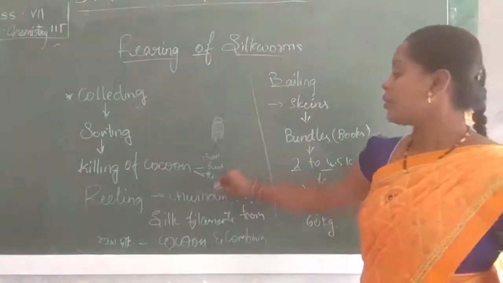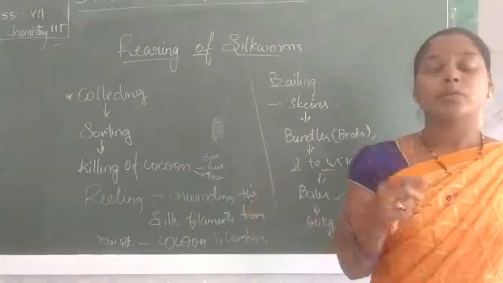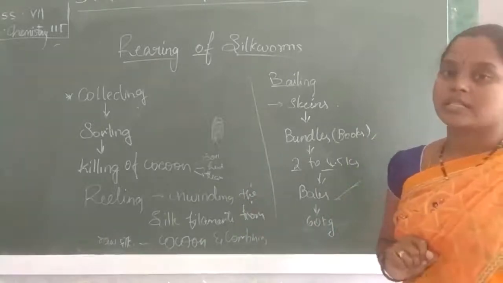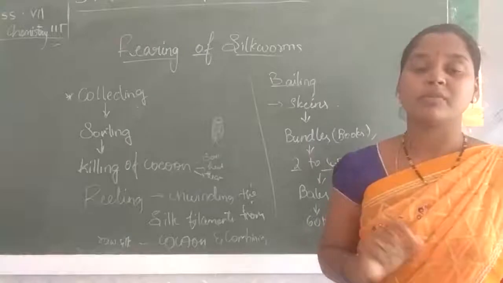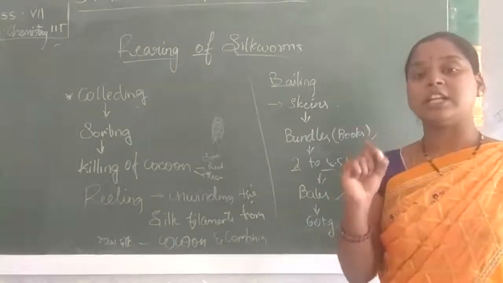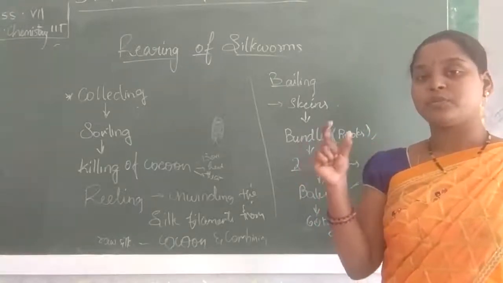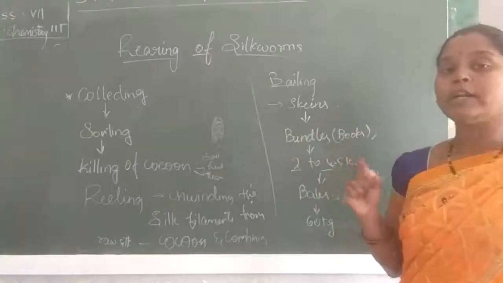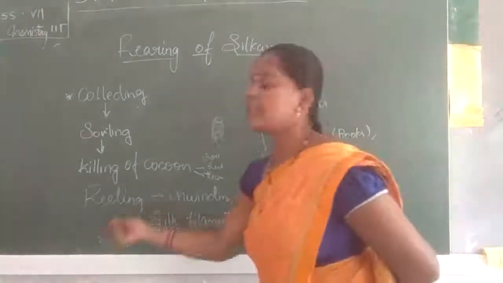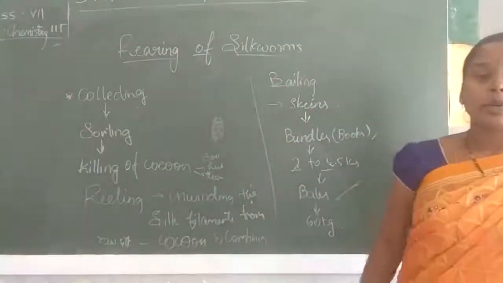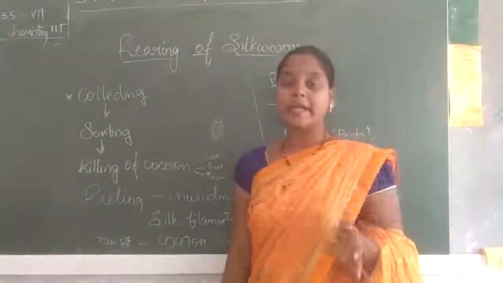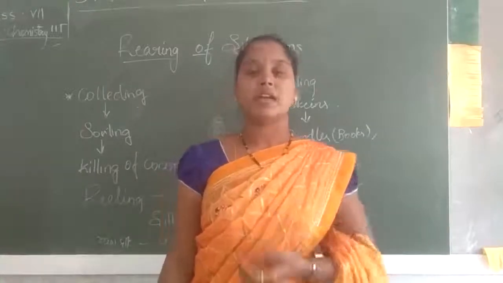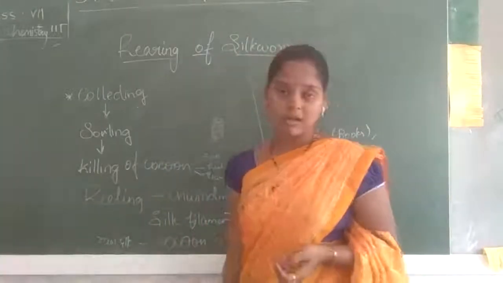In this process, the silk fiber has two proteins. What are they? Fibroin as well as sericin. Sericin is called silk gum. This silk gum helps the fibroin fibers of 2 different strands to join each other. And next reeling is done. Reeling is nothing but unwinding the 4 to 8 silk cocoons together and making a thread or yarn. This thread or yarn is called raw silk.